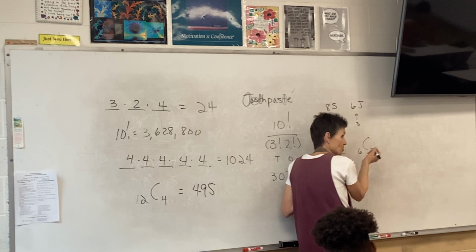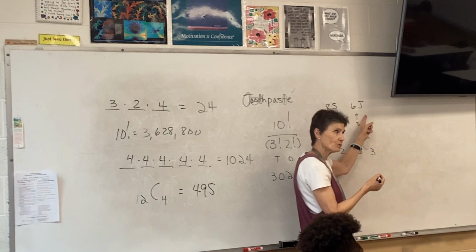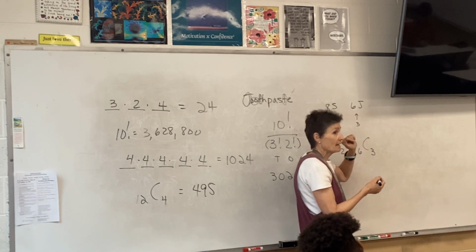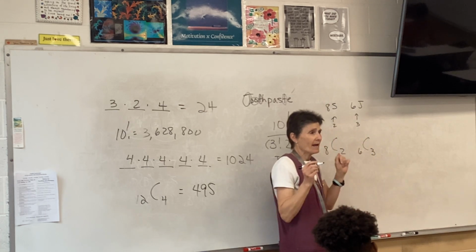And what am I going to do with those 2 numbers? Am I picking seniors or juniors? Or am I picking seniors and juniors? And if it's and, no. And